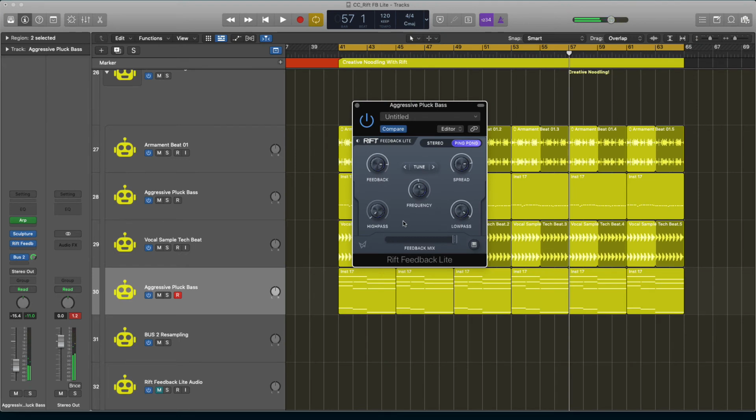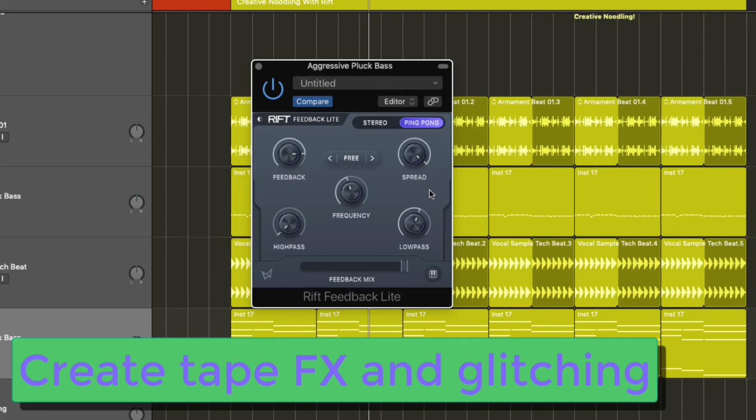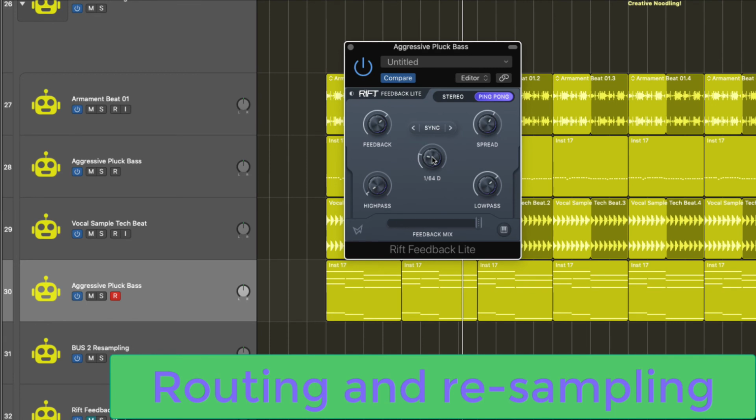So you see there, I can come up with a whole host of different sounds. If I put it into, let's do it in free mode, you can create some amazing stuff with this. If I also set it to sync mode, you can again create some interesting effects. So there you go. That's a really great way of actually using this to almost create analog style